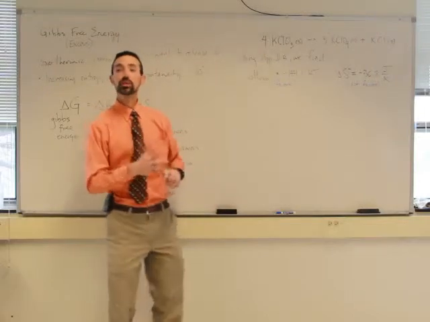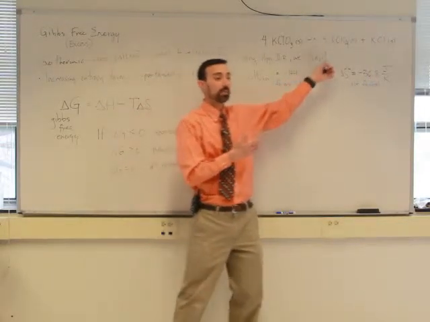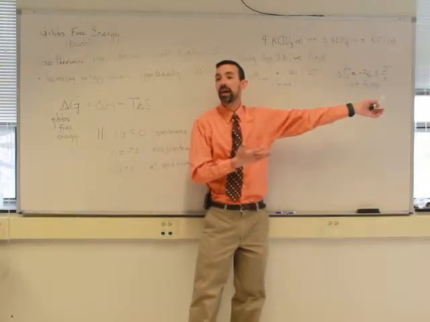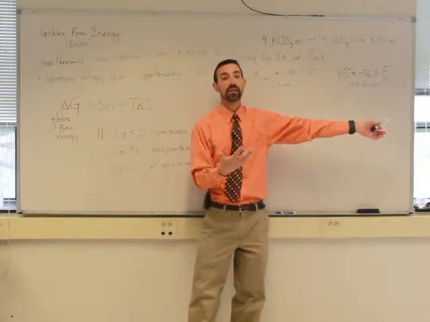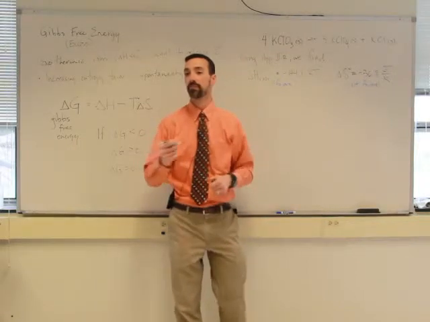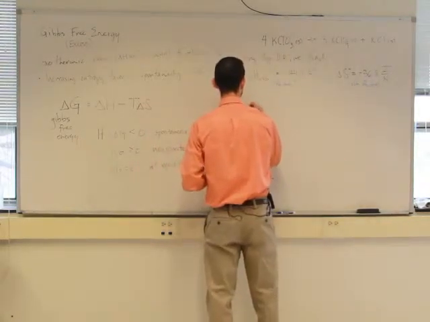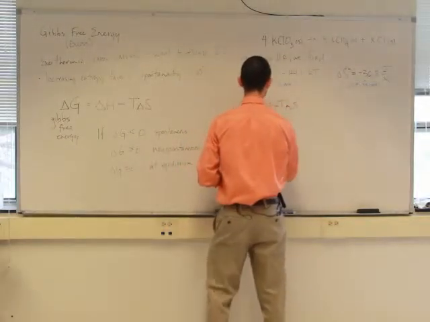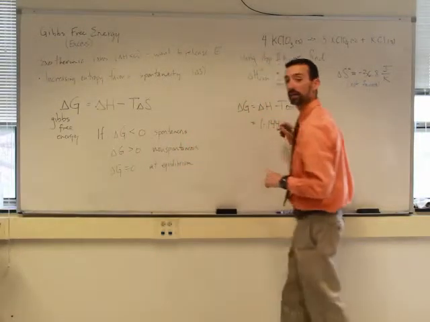So what we're going to do is use this energy here to pay this energy cost here. And we're going to find out, is there any energy left over after we do that, for this to be spontaneous? Will this reaction happen or not? So, delta G for this reaction would be delta H minus T delta S. So that is negative 144.1 kilojoules